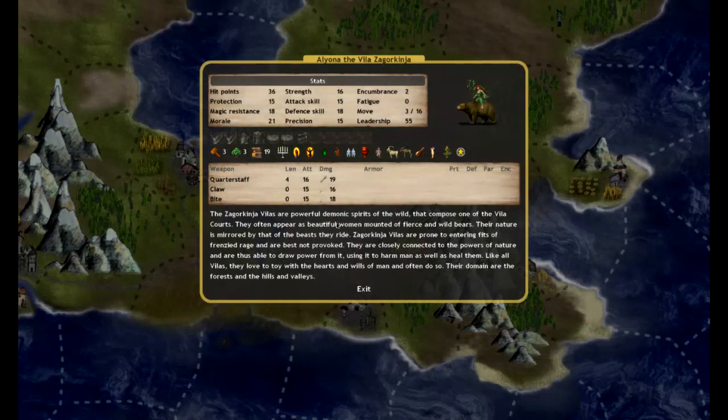Here is the Zarkokinja Villa. Now they are the nature Villa, so you get them with 4 nature. They have Awe, Animal Awe, Poison Resistance, Stealthy, Glamour, Demon, Berserker, and like all villas, they are seductresses with a supply bonus because they have nature, and they are a healer. So you'd probably want a lot of these, and you can recruit them, or sorry, summon them